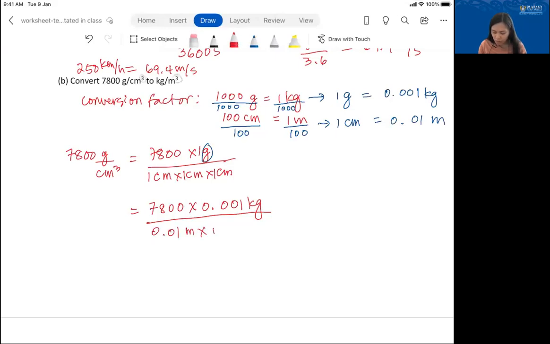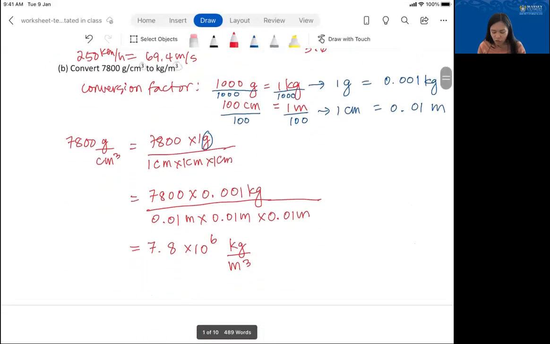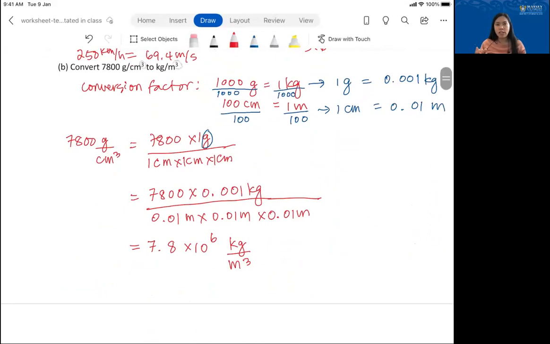0.01 meter times 0.01 meter times 0.01 meter. So you have to do the conversion of centimeters to meters 3 times. Putting everything in the calculator, if you're using a scientific calculator, the calculator will usually give you the answer in scientific notation if the exponent is more than 3, I think. Yeah, so you can just